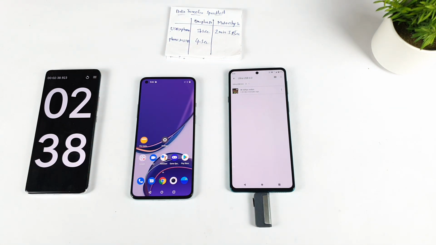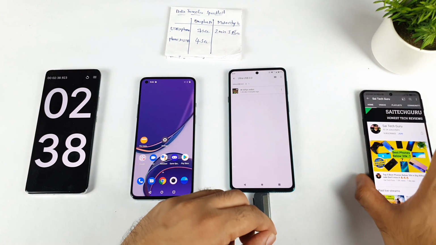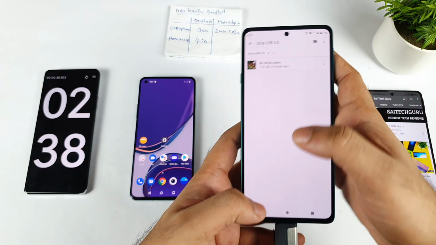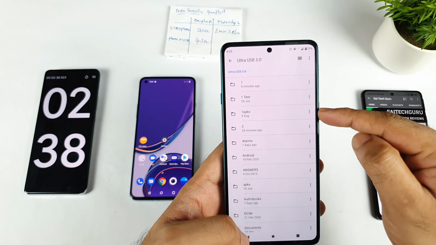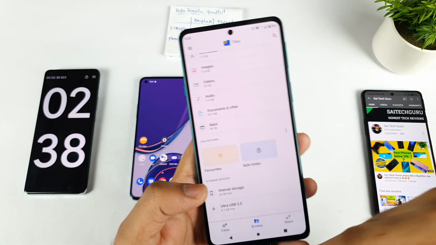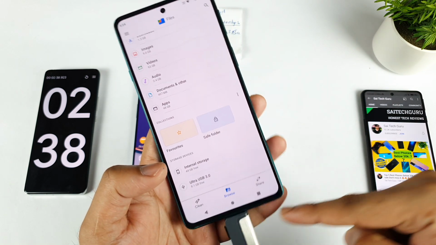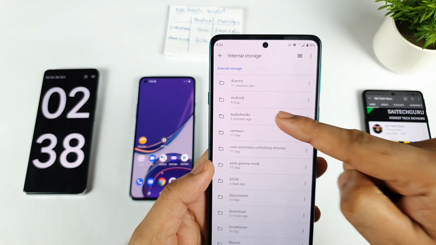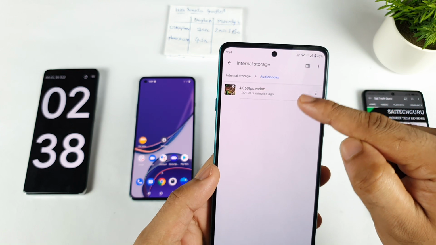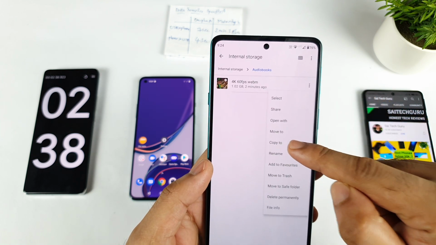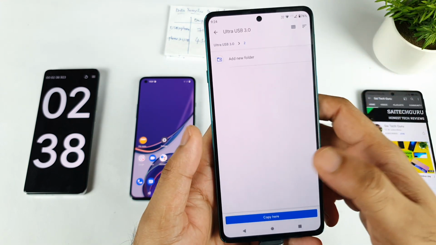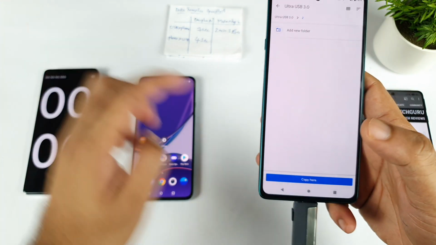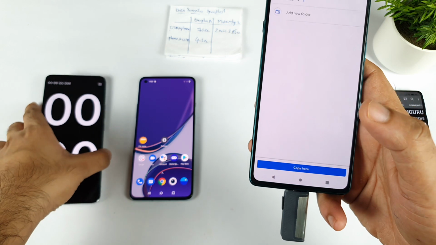As you can see, friends, this is what I'm trying to mention to you all. So how much difference will it make? Same file I'm trying to copy. From phone internal storage, I copied from the USB pen drive to the phone just now into the audiobooks folder, and the same file I'm going to copy and paste into the USB pen drive, in this second folder. From phone to pen drive I'm trying to copy. So now let's see what happens.